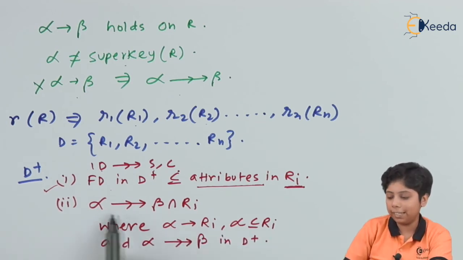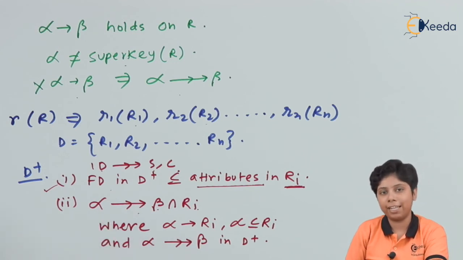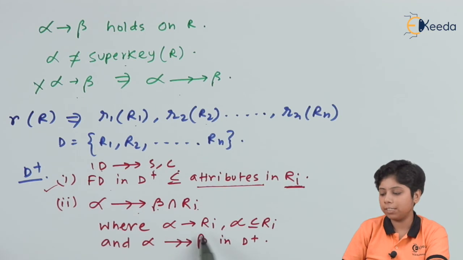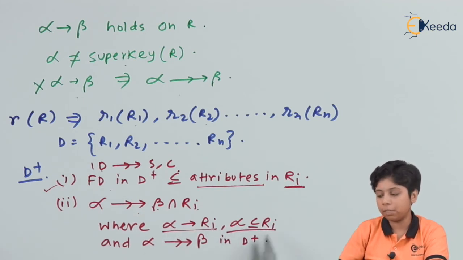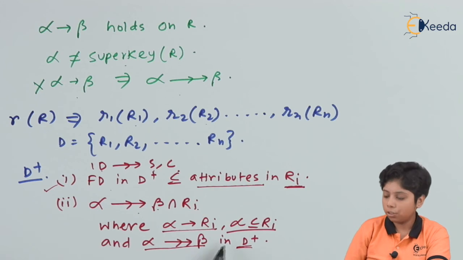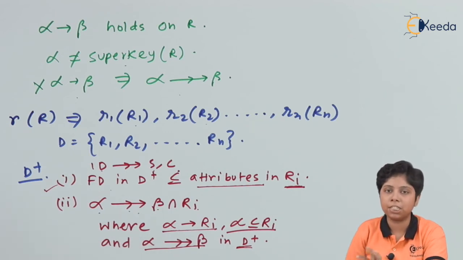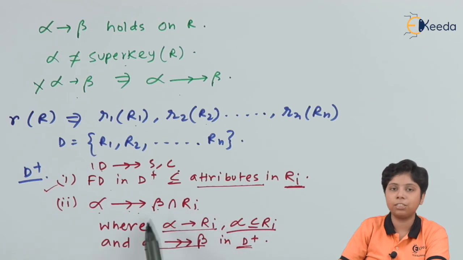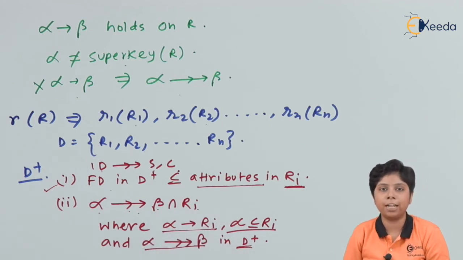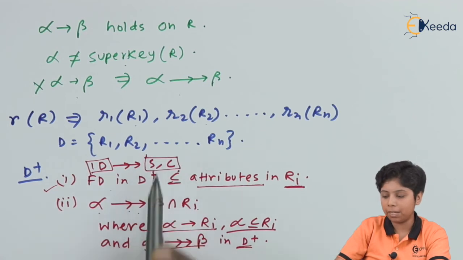Now the second one is if there is any multivalued dependency, that is beta intersection Ri. If there is any other value other than beta in Ri that is dependent on the multivalued dependency for R, that is alpha, then alpha is a part of Ri, and also alpha multidetermines beta is in the closure of this attribute set. Let us discuss this carefully. Alpha is the multivalued attribute, that is ID, S and C, which is the set of relation. Now if there is any other street and city that belongs to the intersection with Ri, then my alpha here is the ID and beta is the S and C, and my Ri consists of